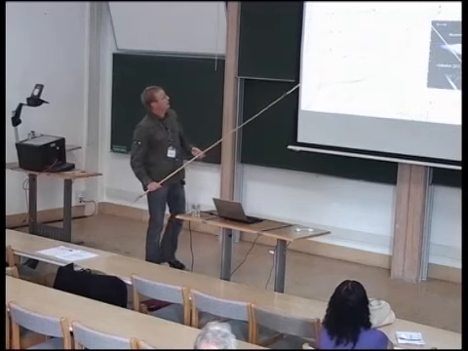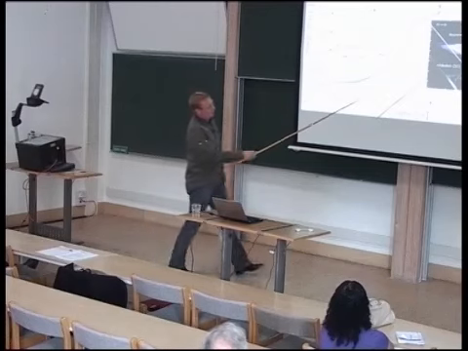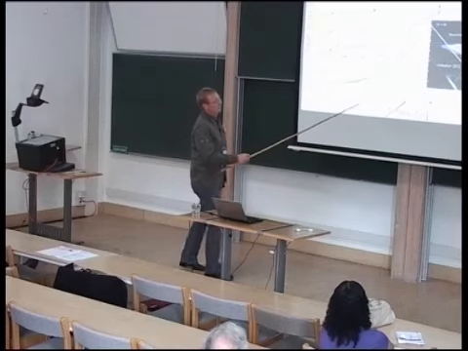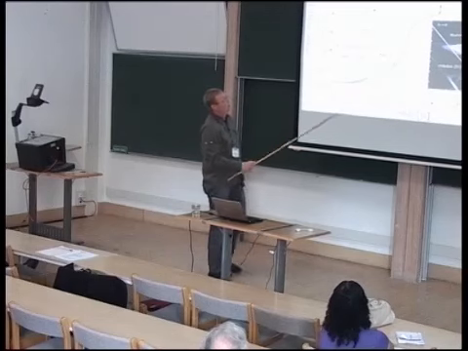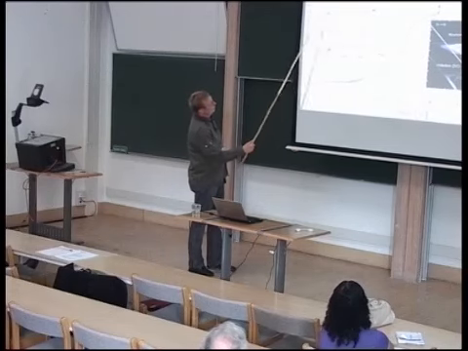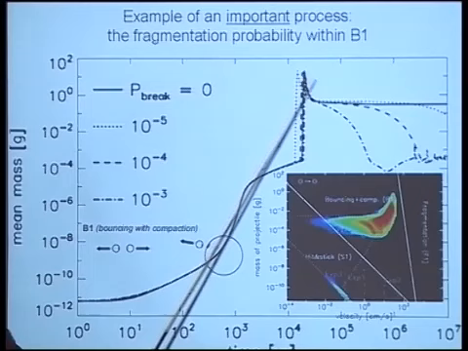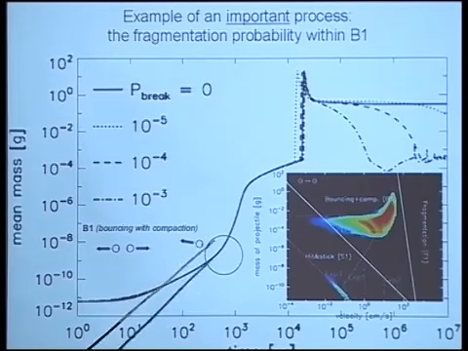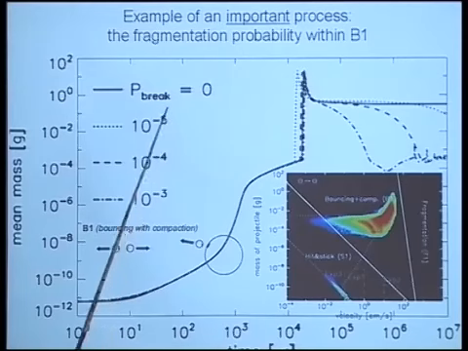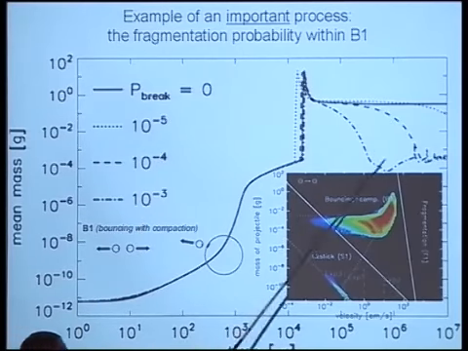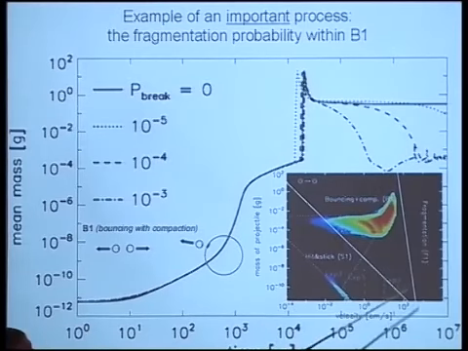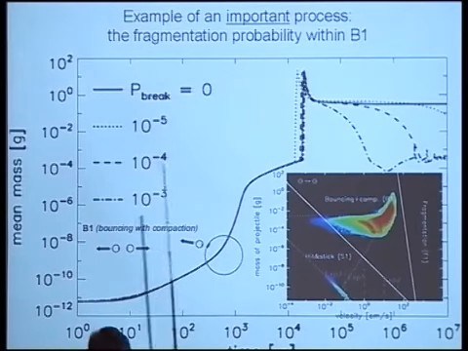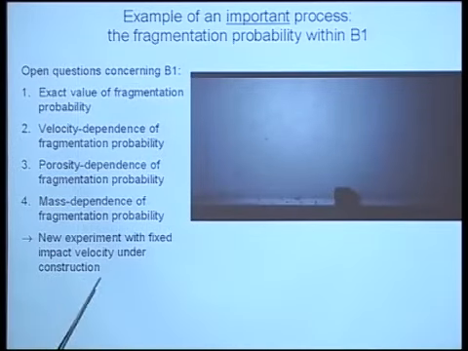An important process is the fragmentation probability. This all happens here when two more or less compact particles collide and bounce. Things fragment, and so the mass goes down with time. If we do not have a fragmentation probability, we follow this curve and the things stay big. So the mass is like a gram here, or so, a centimeter particle. And with a 10 to the minus 5, 4, and 3 fragmentation probability, things go down and kind of equilibrate at a millimeter size range. So this is an extremely important parameter we have to investigate, and we've just started a new experiment.